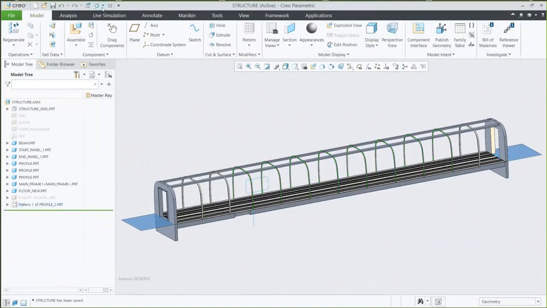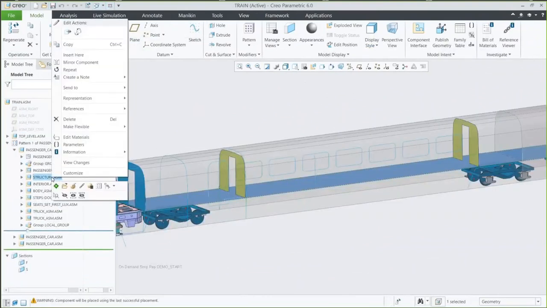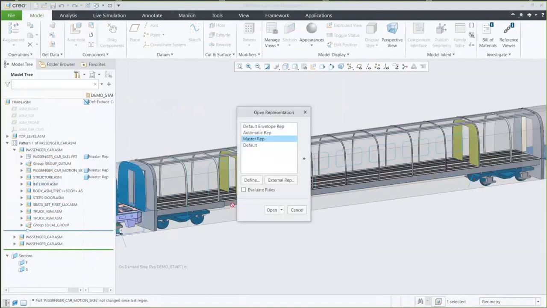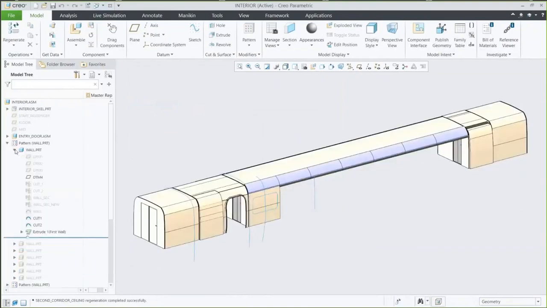Then when we go back to our top level, you'll see we have a lot of different ways to view this top level because there is so much geometry. We have a couple different representations. We're going to look at the master representation. What this does is it pulls in anything that's been done. So we're just going to look at the full view of that. Moving into our